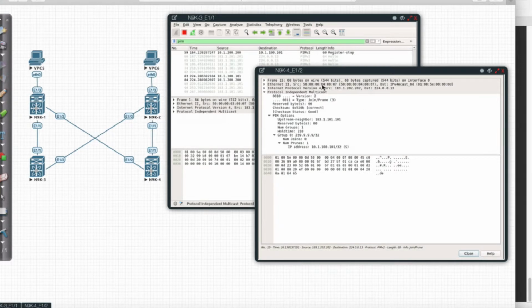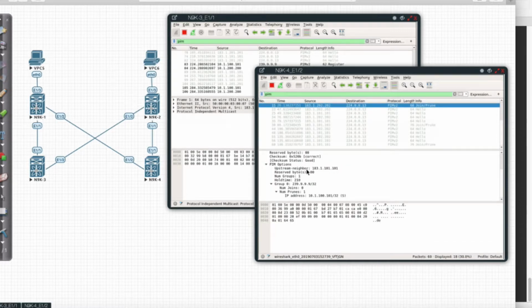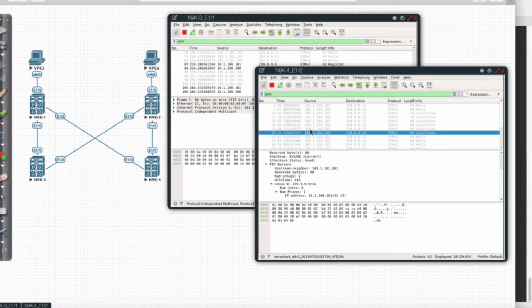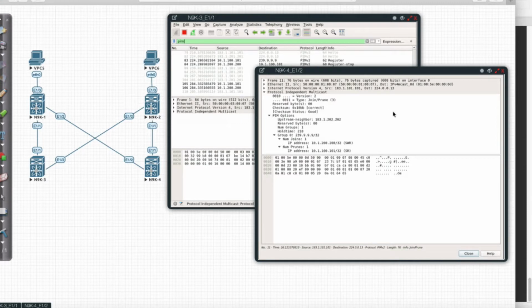I see a source of 183.1.202.202 going through. Actually, no, this is not the right one. It should be coming from 101, since it's the one that I brought up. What I'm trying to find is the address that I am using to join. Here it is.